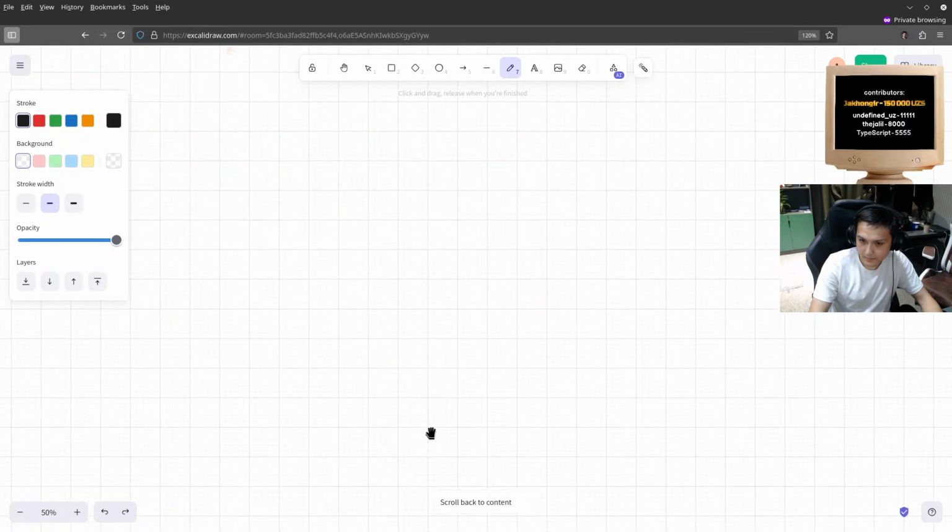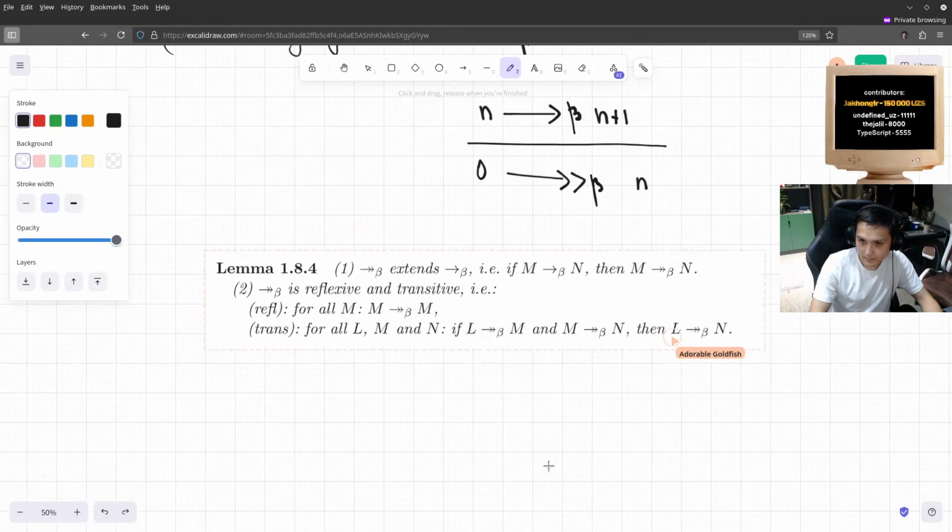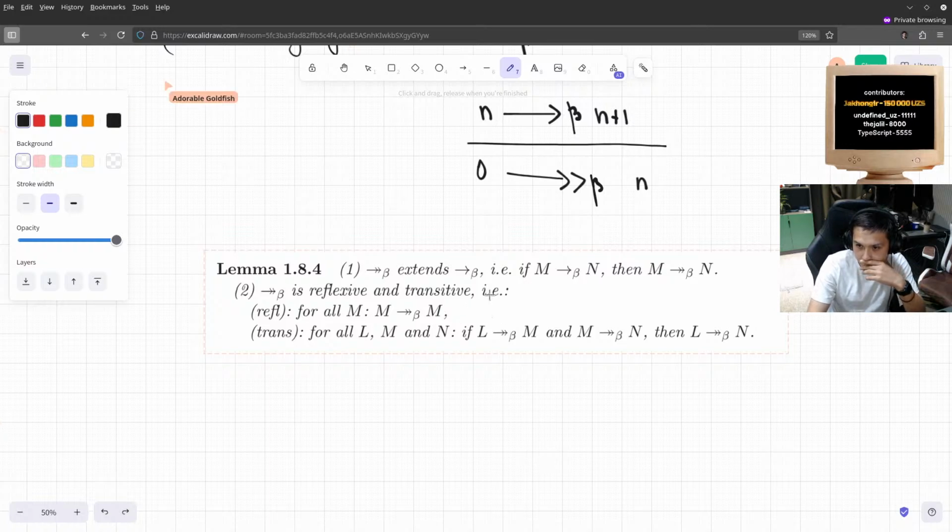And how do I move this? Yes. Okay, so what does it say? It says that